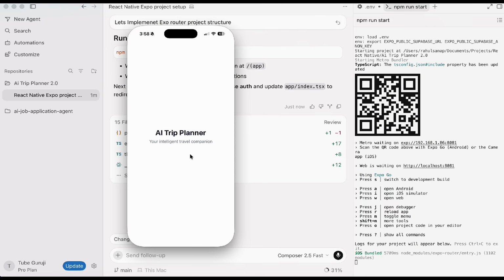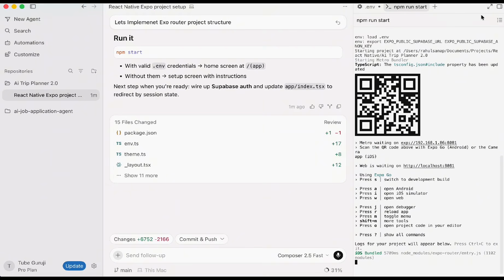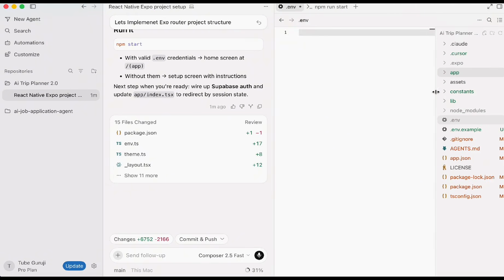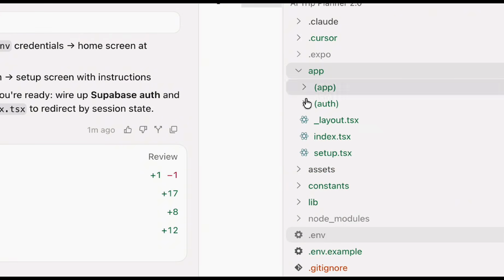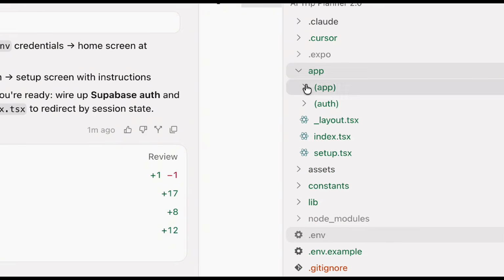Now this is a simple blank template and it only has the home screen called AI Trip Planner, your intelligent travel companion. Okay. On the right hand side, you have to make sure you are on the Expo SDK 54 version, and another important thing is that all the files are inside this app folder. Okay, like route and all, because we want to use Expo router, and